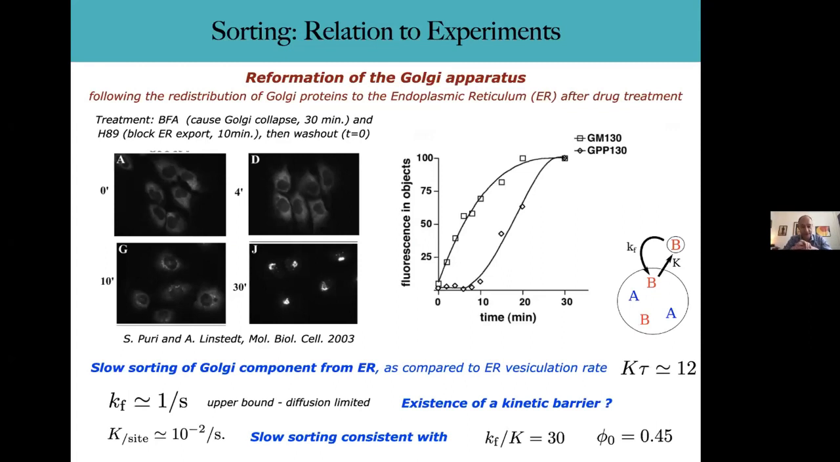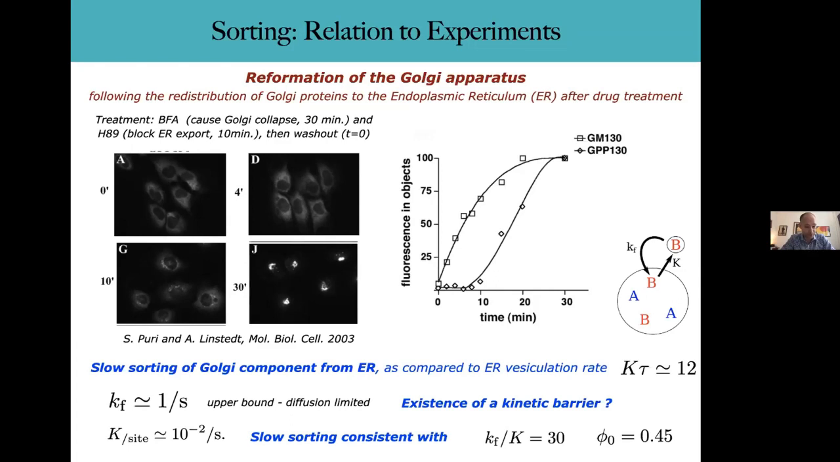Here, these are data where a drug treatment, BFA, is used. BFA is a drug that causes many things, but in particular, it causes the Golgi apparatus to completely fuse with the endoplasmic reticulum. So if you use BFA, you lose the Golgi apparatus. It goes to the endoplasmic reticulum. And then when you wash out BFA, you can ask how much time you need to wait for the Golgi